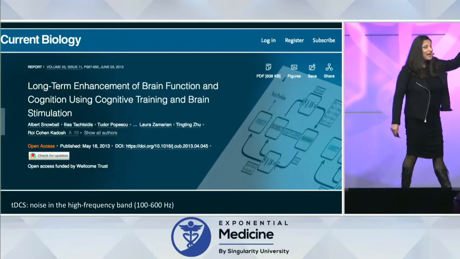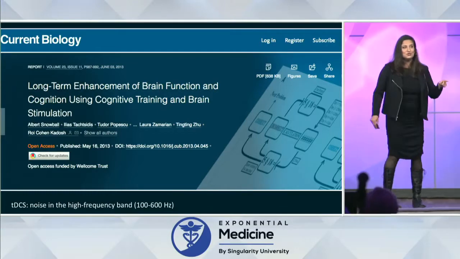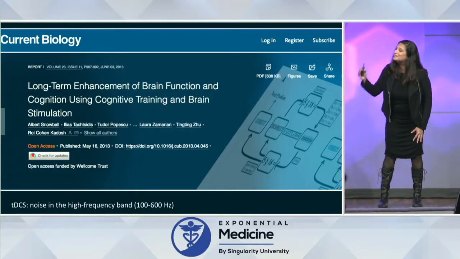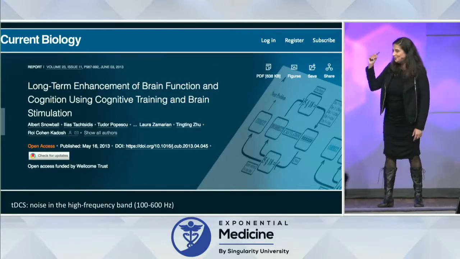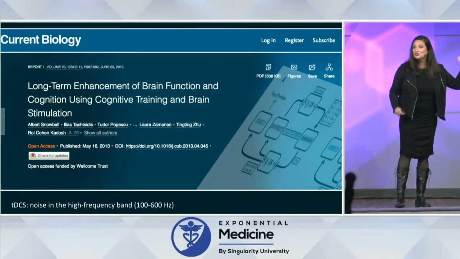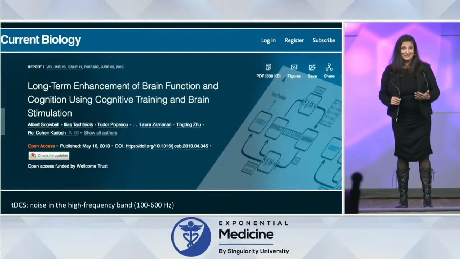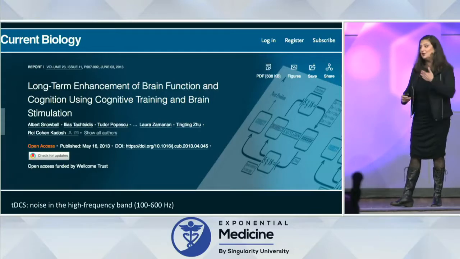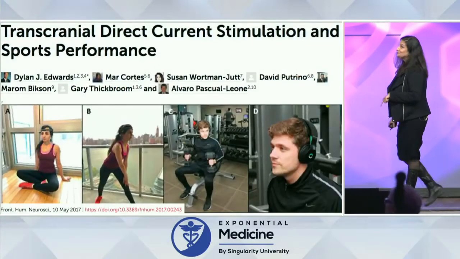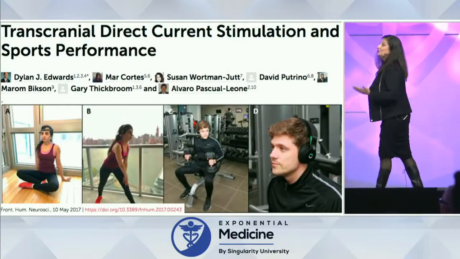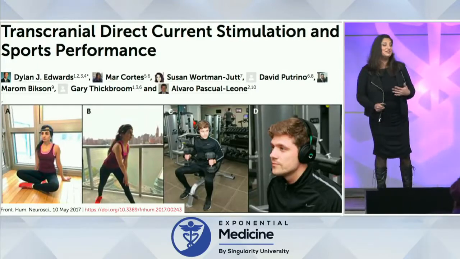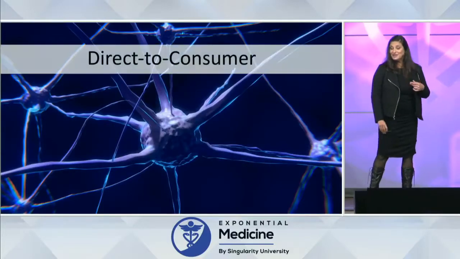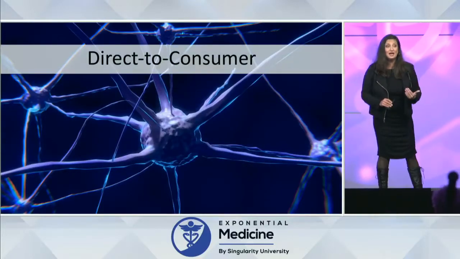So this study actually found that you can use electrical stimulation, and I kid you not, you can deliver random noise outside the brain to the brain, and then have your subjects do an arithmetic task. They not only perform better, but the effects last and persist for up to 6 months afterwards. And transcranial direct current stimulation has been even used to do things like improve sports performance. And why is this important? Because it's created an entire movement.